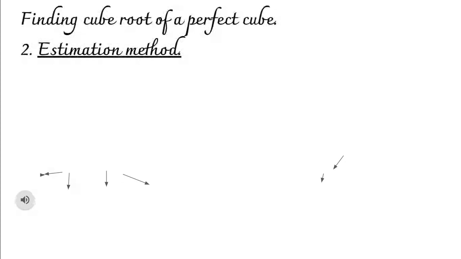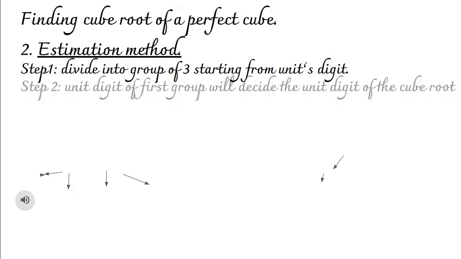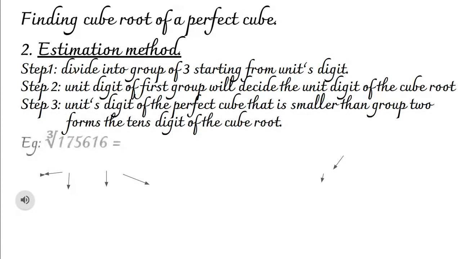We already said that there are three simple steps. So we can see the first step now. The first step is to divide the number into groups of three starting from the units digit. Same as yesterday, we have to make groups of 3 starting from the unit place. Here there are 6 digits, so we will get 2 groups.